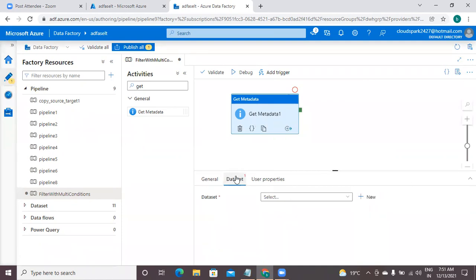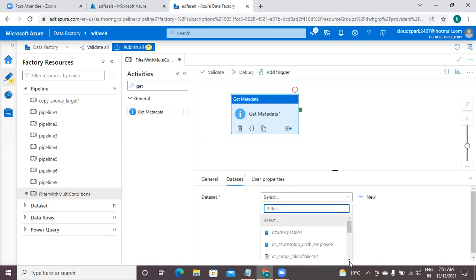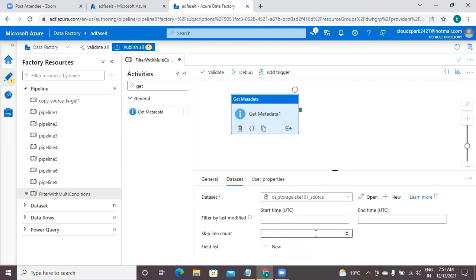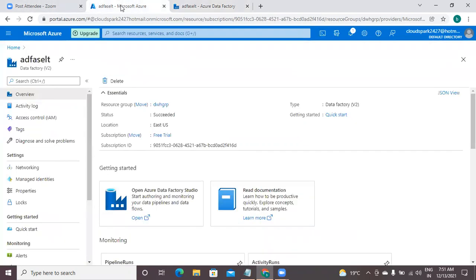First the dataset: the input dataset which has multiple files. Already in our last practice, we have given that dataset, which is DS storage lake 101 underscore source. That is already configured, already we have created the dataset. Once again we check what is there in that particular container.